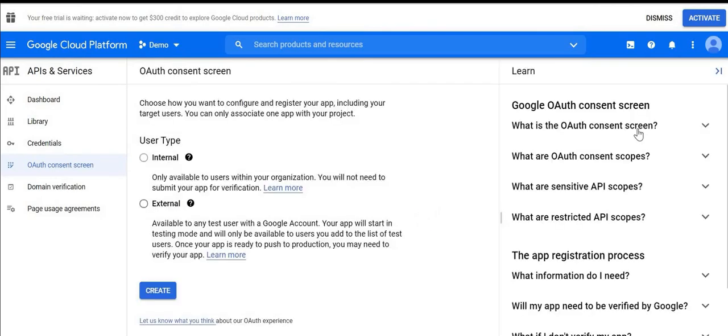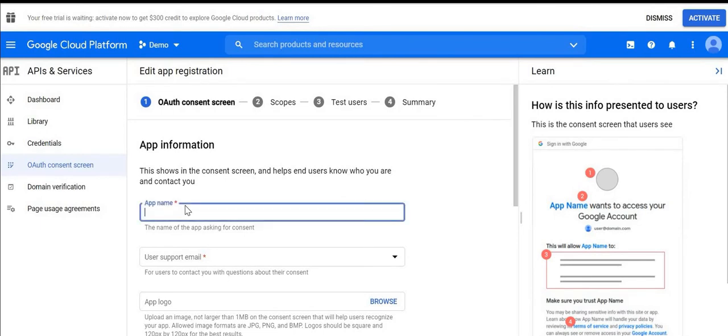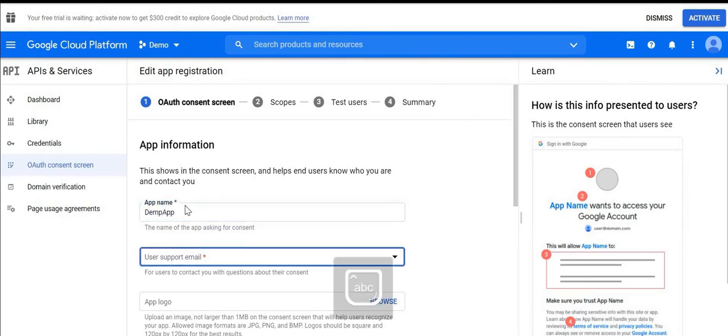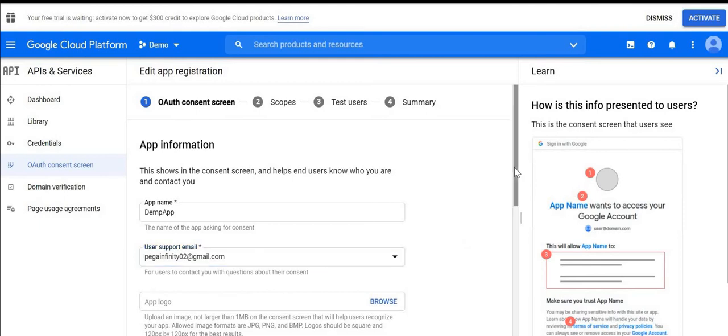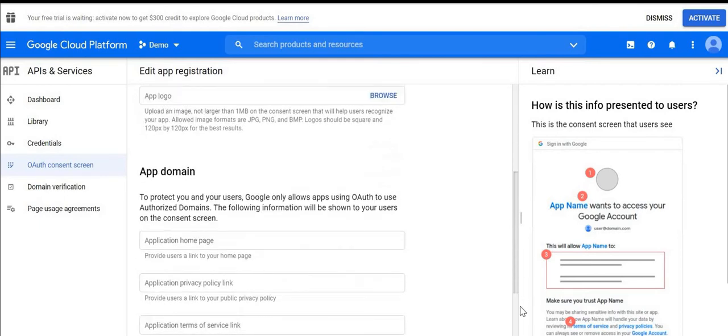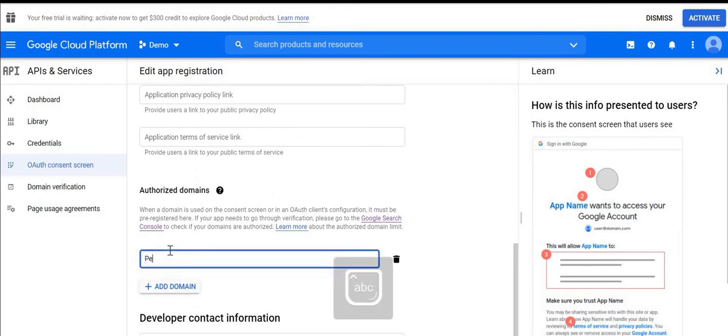Before that, you need to click on OAuth consent screen, which offers internal and external, where external is used for external people to log in with their Google account. For that, you add the OAuth consent screen as demo app, and the support email will automatically come as whatever Gmail ID you have created. The authorized domain is your personal edition's account name.